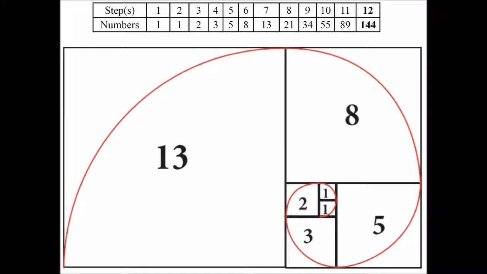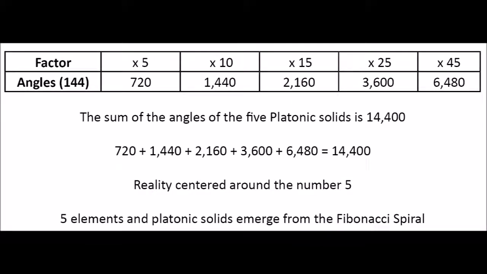Let's come back to the Fibonacci spiral. At the 12th step of the Fibonacci sequence, we get the number 144, having its digits adding up to 9. Interestingly, if we multiply 144 by factors multiple of 5, emerge the sum of the internal angles of the platonic solids. As we can see on the table,